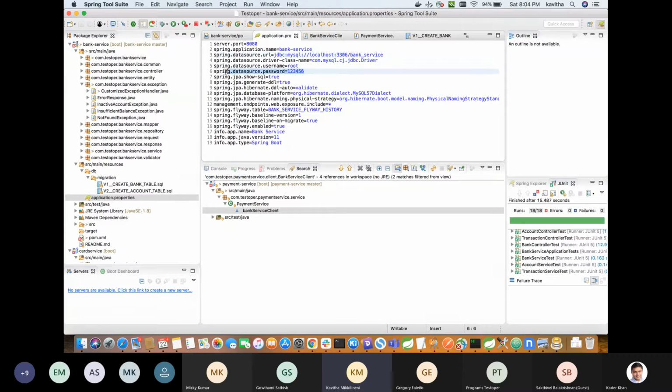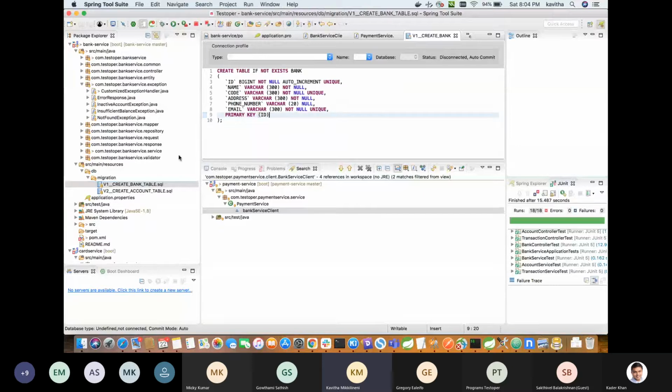So this is the local DB. Similarly, we'll have to update if you have a different one. All those configurations are done in the application.properties to connect to the DB. And Flyway, during startup, will create the tables. The convention is, if we have to do an update to this table, I'll write a V3 update bank table script, and that gets picked up the next time I execute this application. And it uses the checksum to check if there is any change to the SQL file or not.